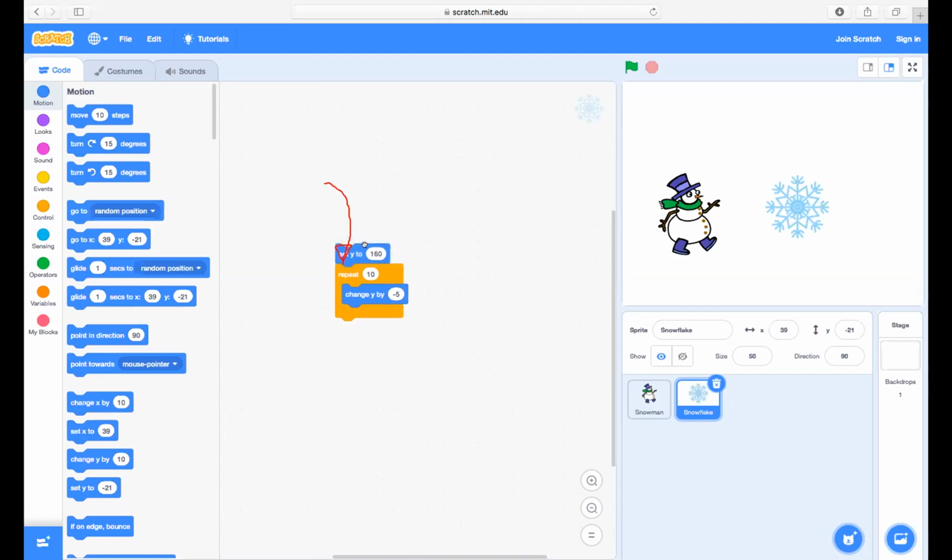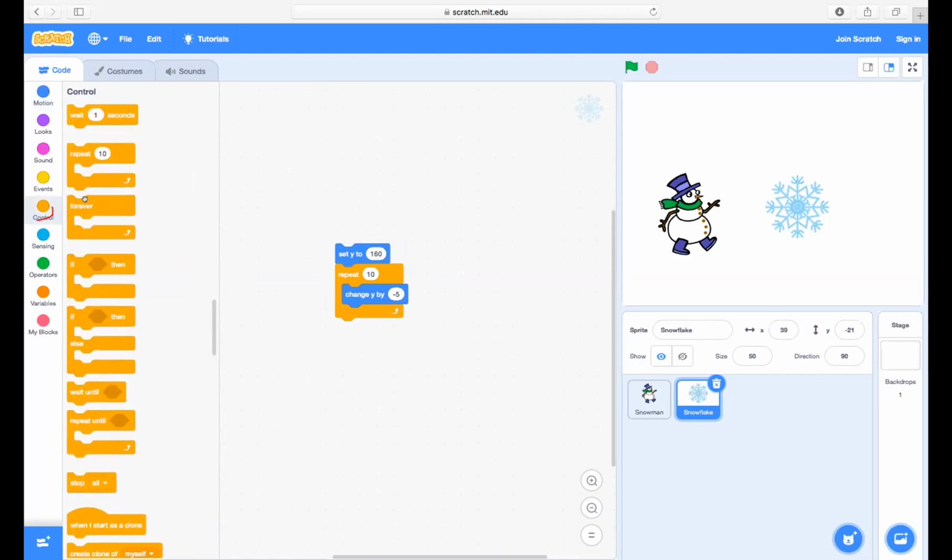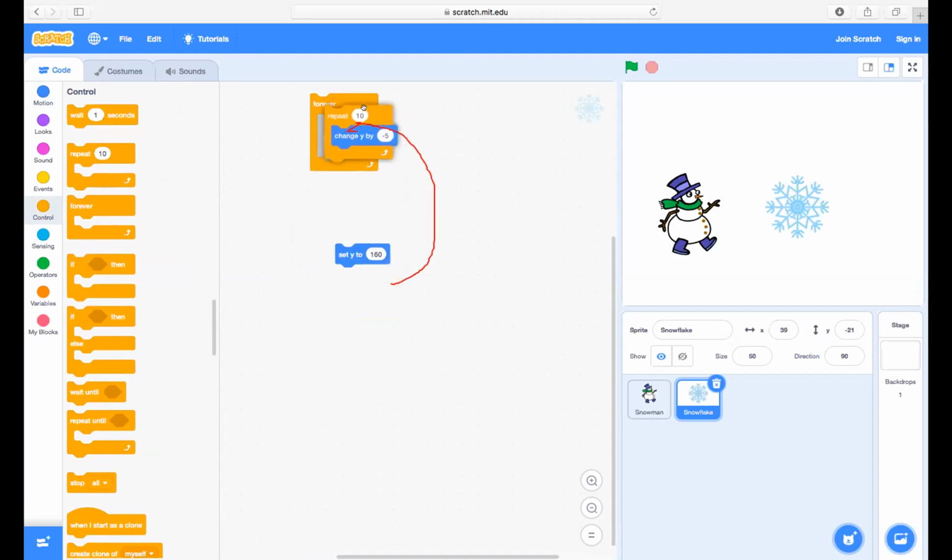Very good. Now go to control, drag and drop forever over here. Very nice. Now take this entire thing and put it inside. Drag it. No, we left. Wait. Take it out.